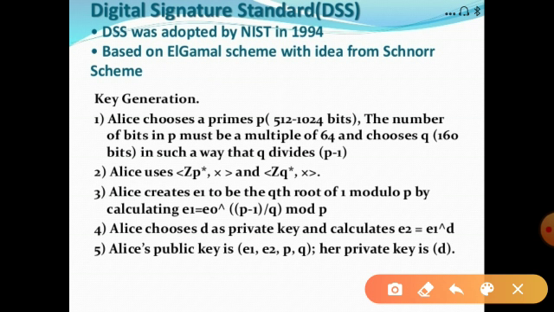So why? The main thing here is that we have to reduce the size of the signature, so that's why we are taking p and q values. The q value is less than p only, so here q is 160 bits and p is 1024 bits. And then the private key is d only.